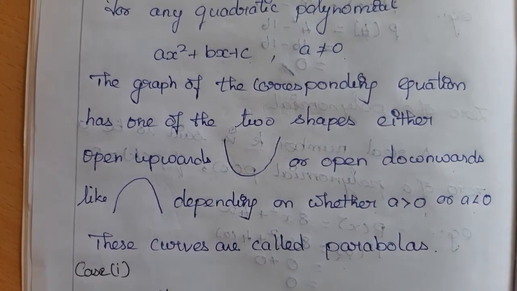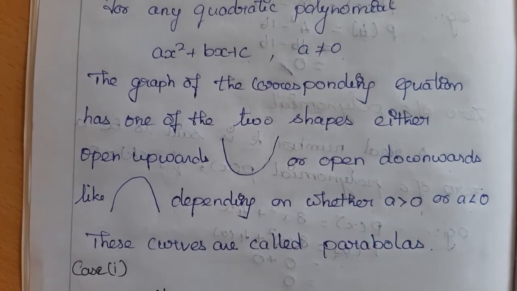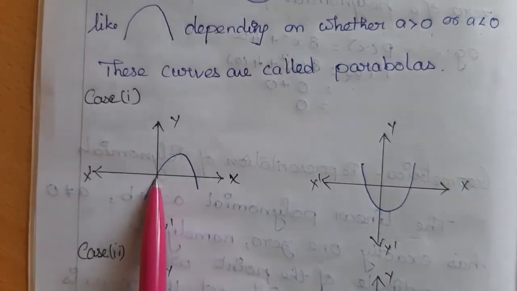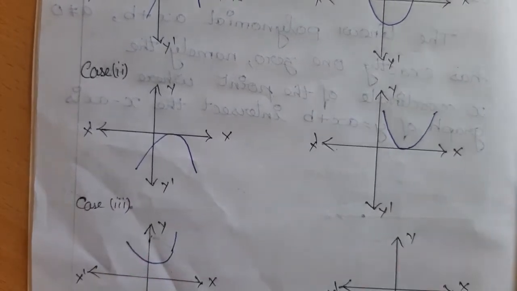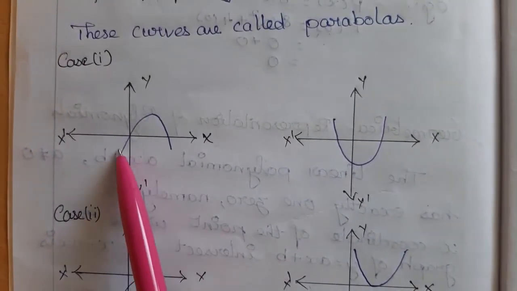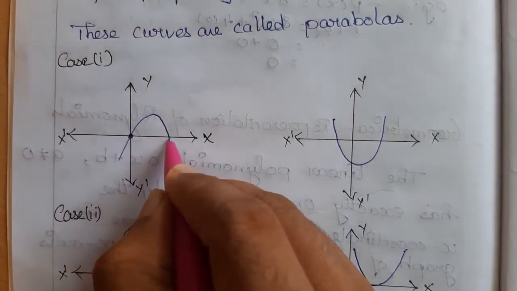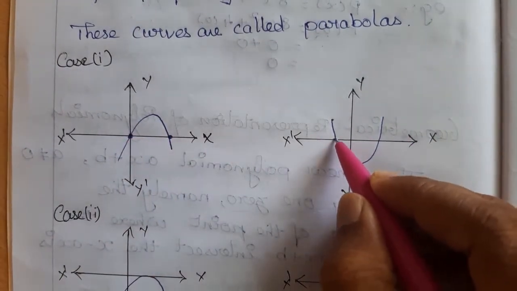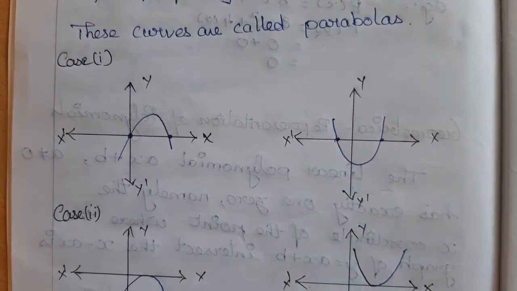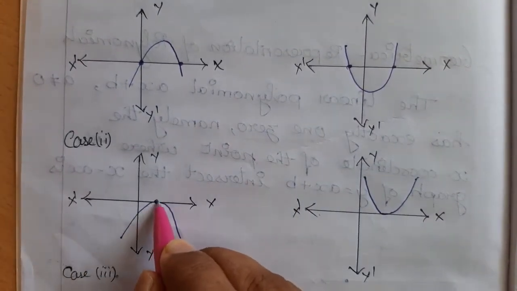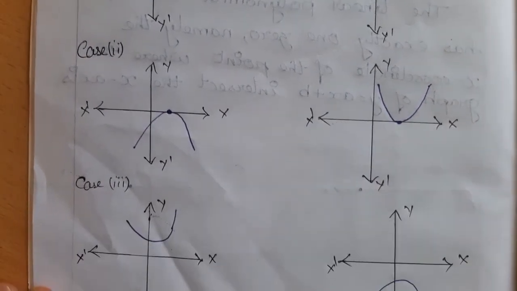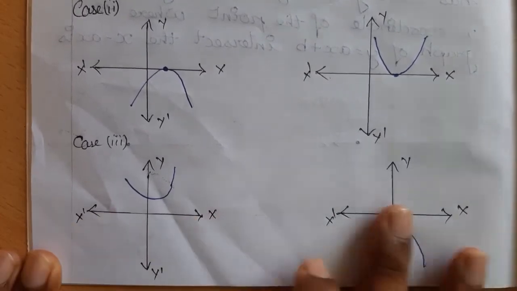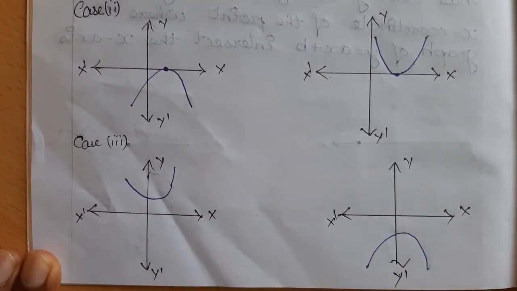So in this case, if you plot in the graph, you will get three cases. Either it will intersect the x axis, or it will just touch at only one point, or it will never touch. The first case, if it opens downward, it can intersect at 2 points, so we will get 2 zeros. Opening upward also we will get 2. The second case is it will touch only at 1 point, so there will be 1 zero. And the third is it never touches the x axis, that is no zeros. Clear? Are you clear from this figure?